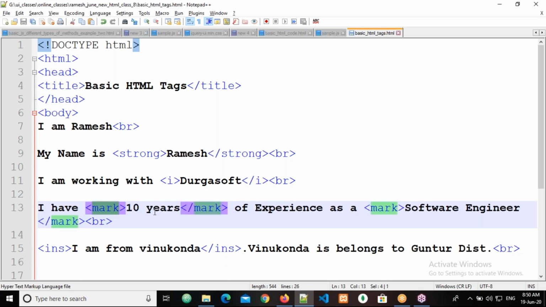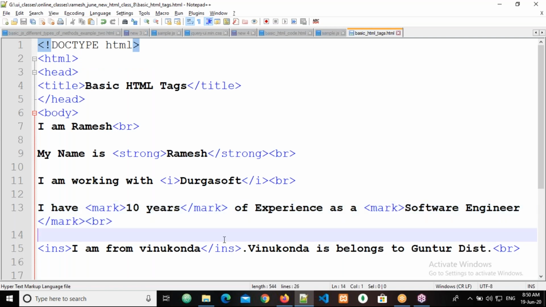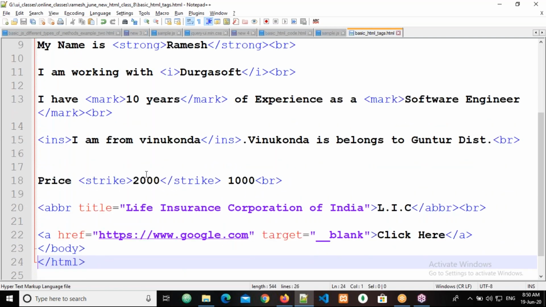Suppose here I want to highlight this 10 years and this software engineer. So how am I doing it? Like this. 10 years is coming with a yellow background, and software engineer also. How am I achieving this? By utilizing the mark tag.